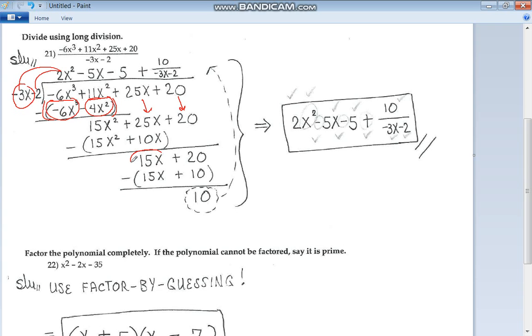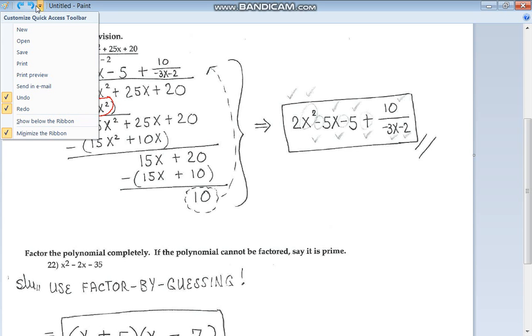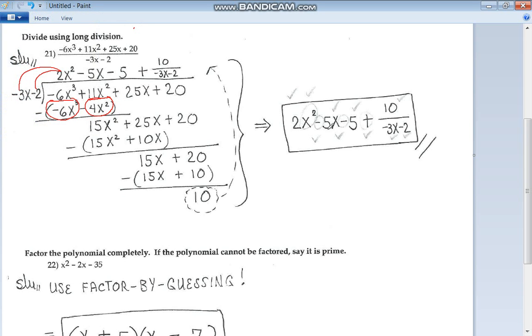Negative 3x by to get 15x. The answer is negative 5x. Distribute that multiplication in parentheses and subtract, and you'll get 10. So your result is what you have on the top. Let's clean it up so we can see it. And the result is 2x squared minus 5x minus 5 plus 10, the remainder, over the divisor, negative 3x